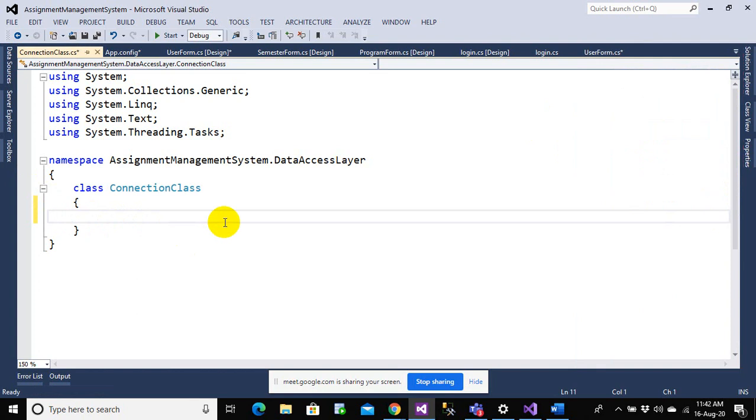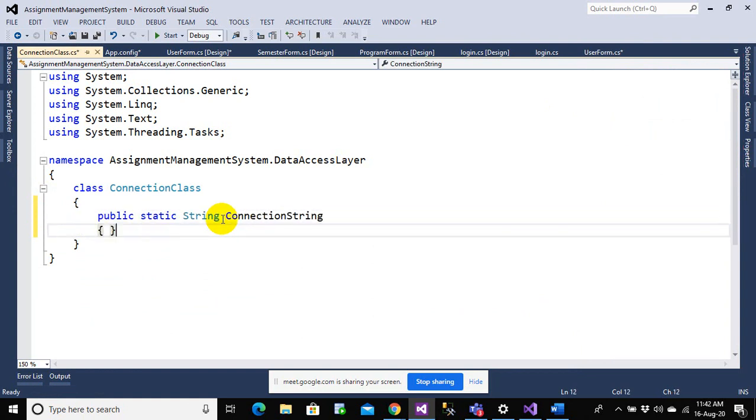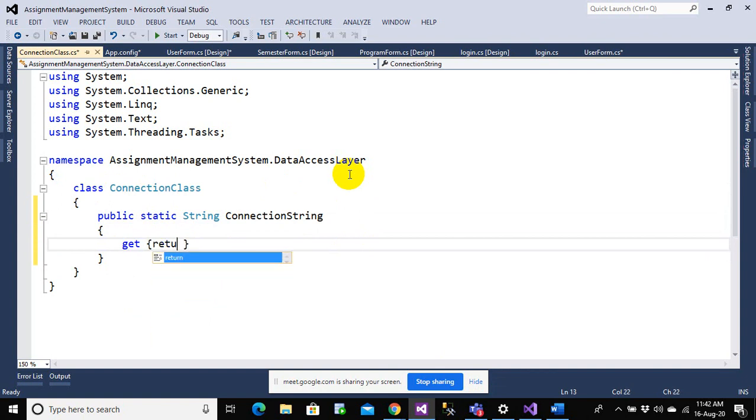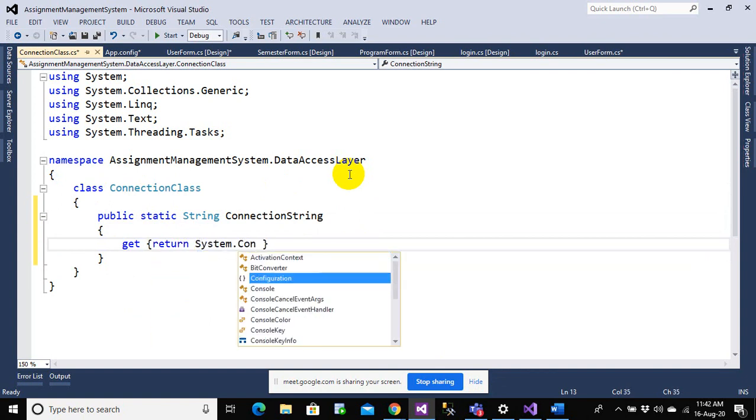Now here I want to create a variable: public static string, which can have any name, connection string, and under connection string I just want this connection string. This is a static variable. Static means that in order to call this connection string, you do not have to create the object of this connection class, and this one will retain the connection string. So what I will do, I'll just go get, and this is going to return. So actually I have to mention here